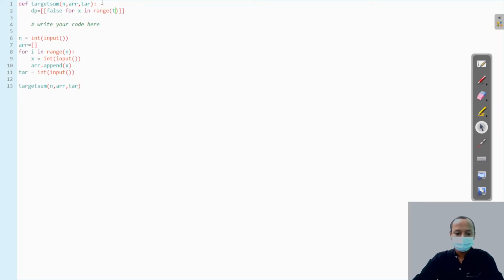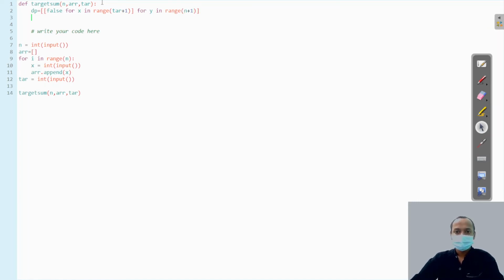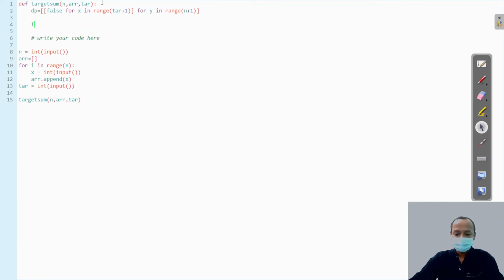That is target plus 1, right? So I'm writing target plus 1, and for y in range n plus 1, right? Now we run a loop. So for i in range, this is our element, so n plus 1.